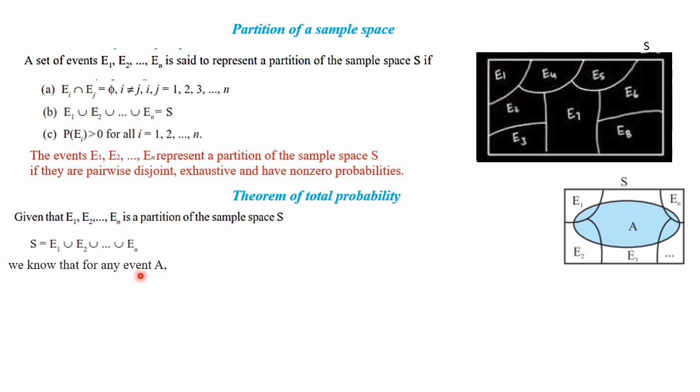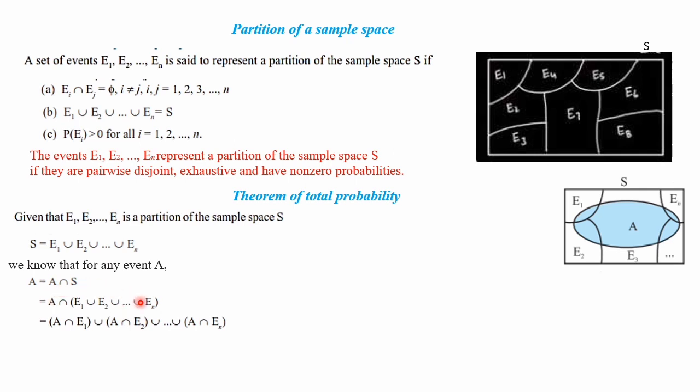Then we know that for any event A, here A is considered as a subset of S. A is inside of S. So A is equal to A intersection S, we can write. A also can be written as the common portion between S and A. Then A intersection this S we can replace by E1 union E2 union, etc., union En that we have written. Next, just separate it: A intersection E1 union A intersection E2 union A intersection E3, etc.,